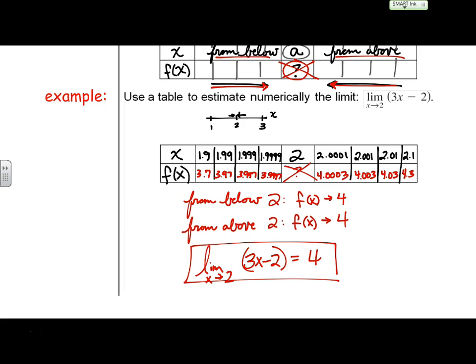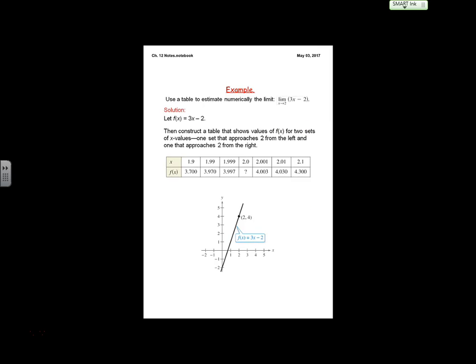Why? Because the informal definition says, as x approaches a constant, if f of x approaches a single constant from either side, it has to be from both. You should say from both sides. Whatever side you come from, as long as it's going to a constant, that constant is L, and the answer is L. So you guys, I want you to go ahead and try what to do with